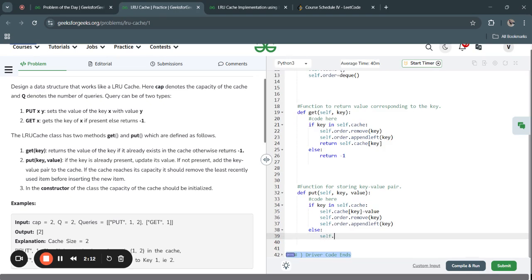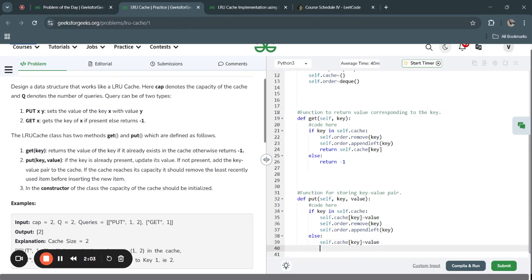That means self.cache of key equal to value, and let us order this. We don't need to remove anything because this is a new value, so we'll add it to the front of the queue, and sometimes we may reach the limit if the length of self.cache is greater than or equal to